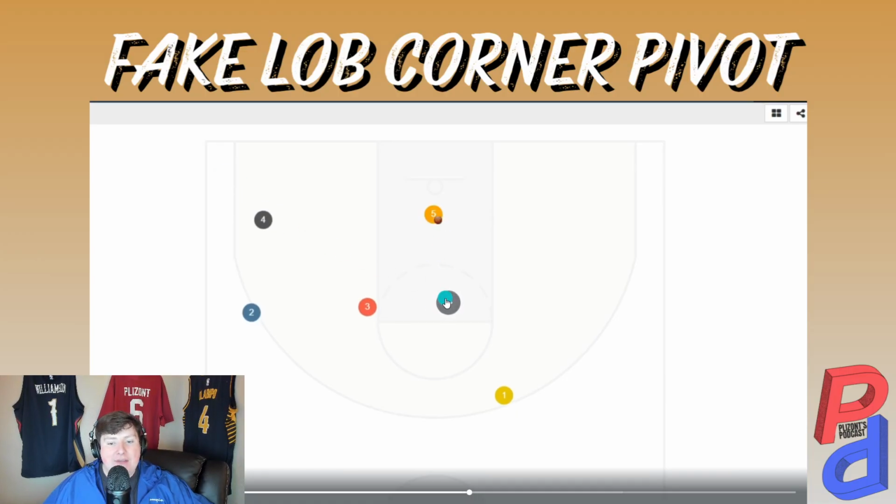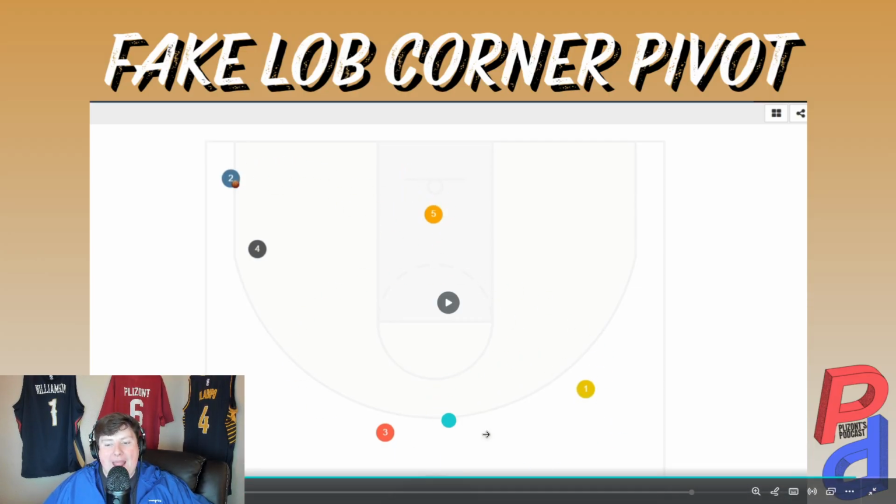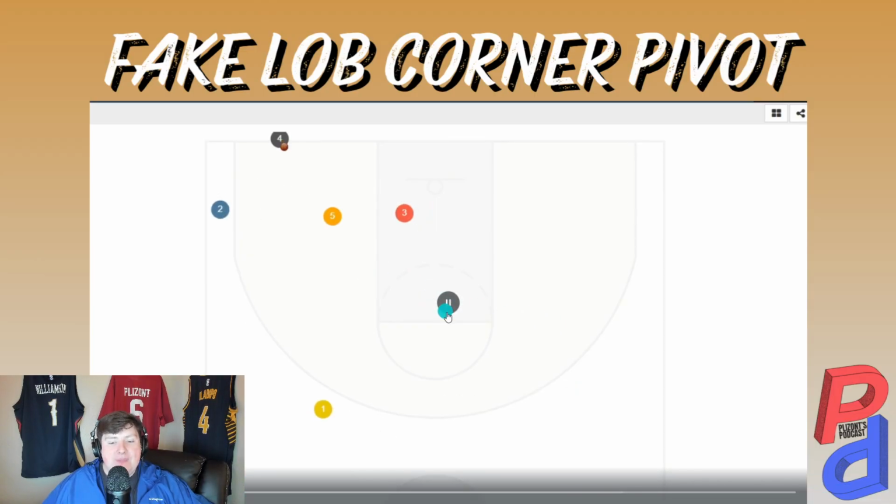And then the 5 kicks it out to the 2. Corner 3, money. This play to me has, once again, a lot of different options here. The 5 has the option to dunk it, kick it, or bail out to the 1 or the 3. And if for some reason this play doesn't work out with the 4 going to the 5, watch how the 3